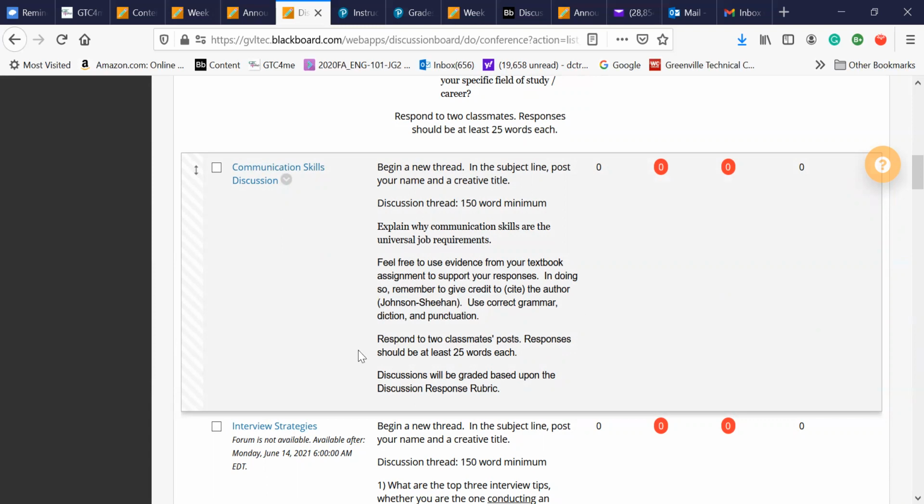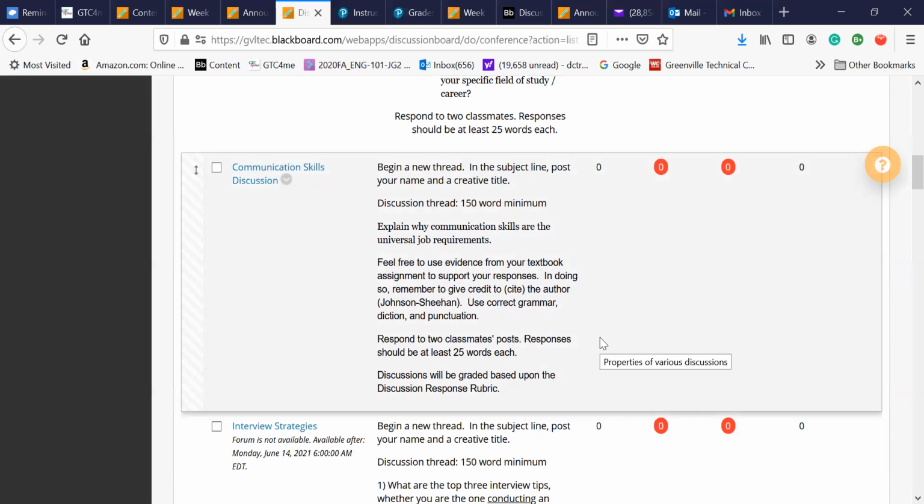And then I want you to respond to 2 classmates' posts. Responses should be at least 25 words each. When you're responding, look for ways to add to or expand upon what the other person said in the posting. If somebody said something that you disagree with, you might respond and explain why you disagree, as long as you can do so